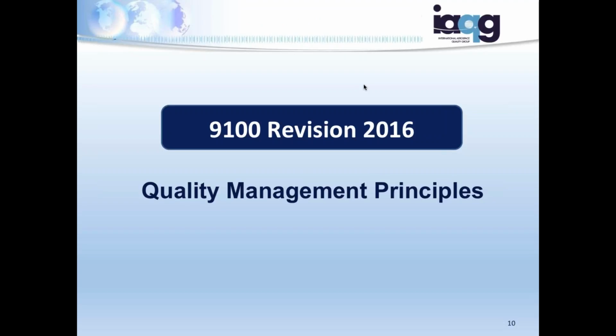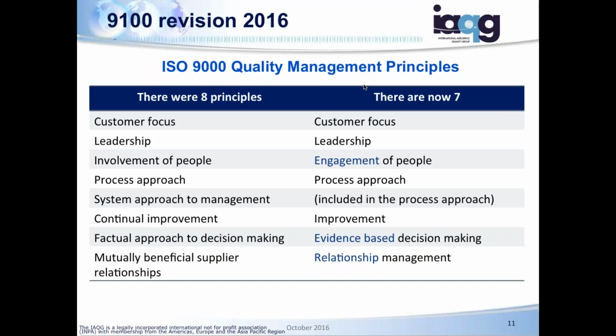So when they had the major revision to ISO in the year 2000, they came up with some quality management system principles, to say, let's first agree upon these principles and then build the standard to ensure that we're being consistent. So one of the interesting things to do is to look at how much of a change this is, and see how the principles have changed. There were 8 principles before, now there are 7. You can see there's a lot of commonality.